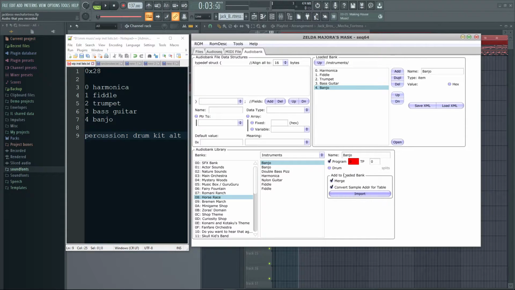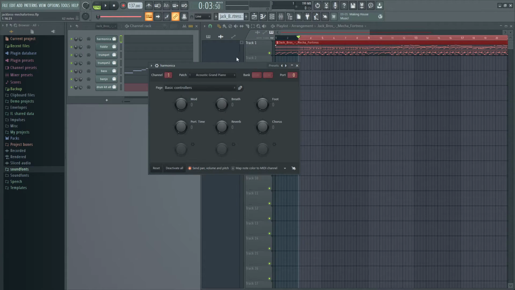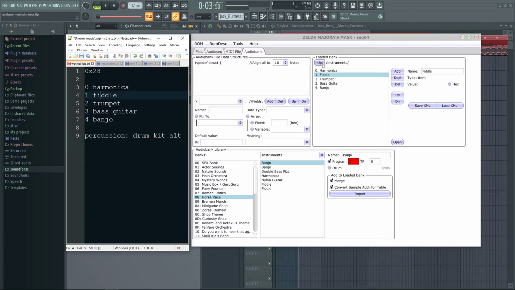Yeah. And you don't actually have to add these in order, but if you do them out of order, you just have to keep in mind that the index is not going to line up with the number that you've assigned in the bank. That doesn't really mean anything. That's not a big deal. It just means that it's going to be a little bit harder to work with when you put the actual bank together. So now that I've got my 5 instruments chosen, I'm going to go up to the root of the directory, into AB Bank, into Inst List, and now